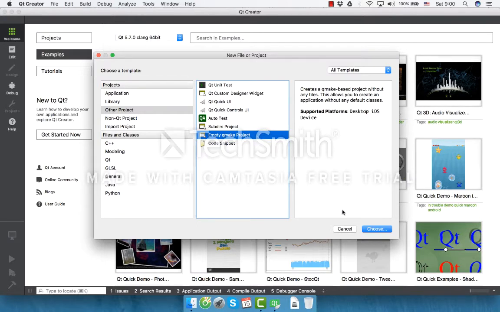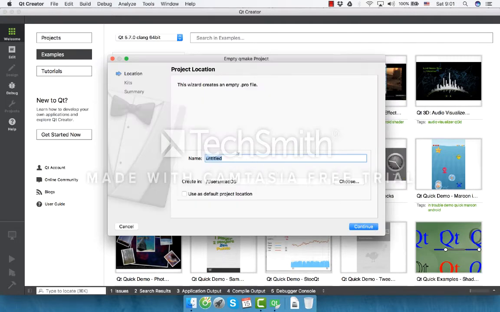So just choose Empty qmake Project, and then choose, and then enter the name of your project. So I'm going to name this hello world. Okay, and then next, and then choose the location of your project,